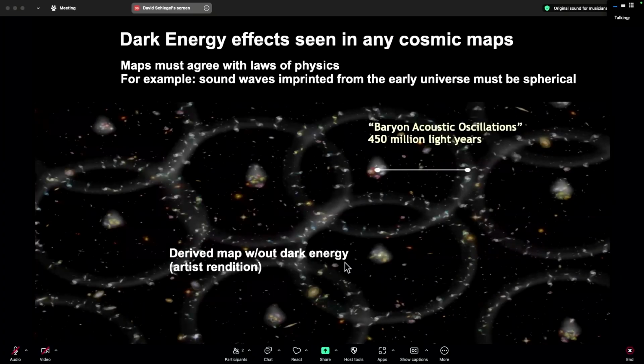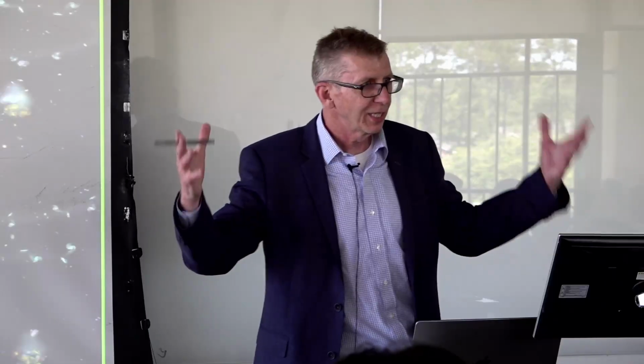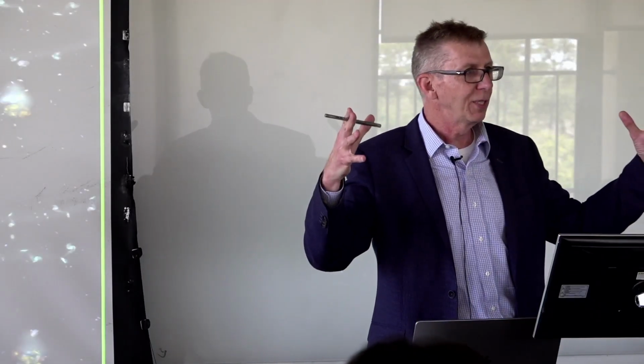Okay, and then in these maps, you can make these 2-point functions, measure the statistics of the galaxies, but fundamentally, you're testing this against the laws of physics and things like these baryon acoustic oscillations, which we talk about as spherical sound waves. That's really what they were. So they really were sound waves in the early universe, exactly. They propagate out in all directions, and so it does mean these have to be spherical